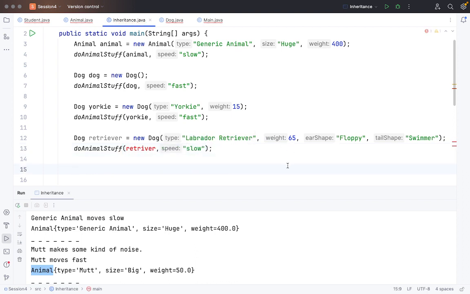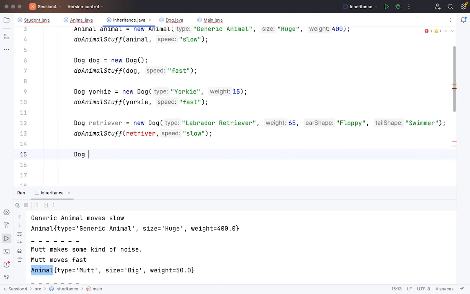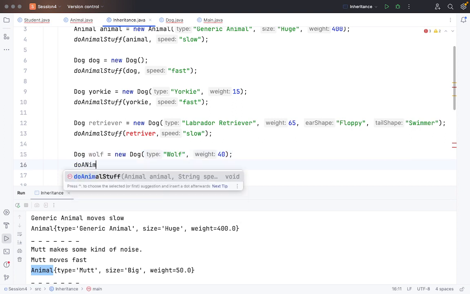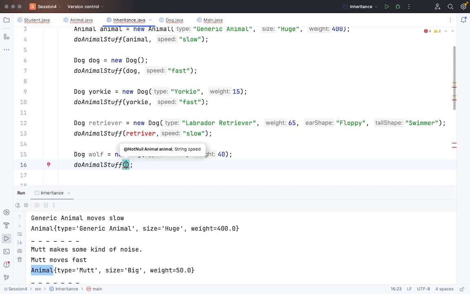Okay, last one I have taken the wolf, so wolf as a new object dog, and I will just type wolf and pass on the weight and do animal stuff wolf and